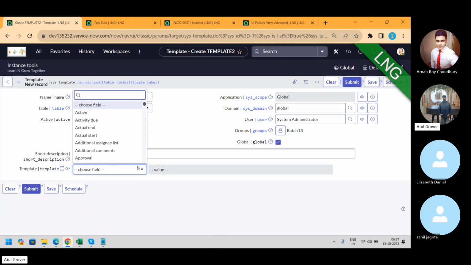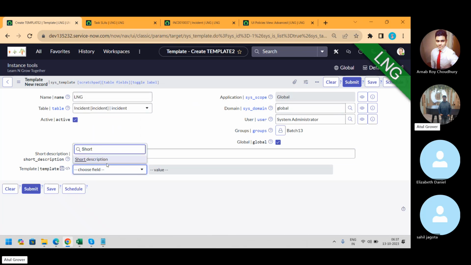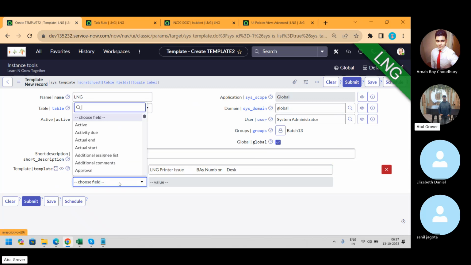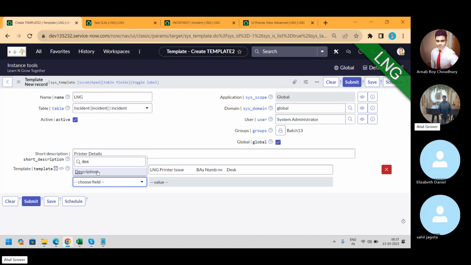Come here. I want the short description to become LNG printer issue, then space, bay number, then space, desk number. Then the description includes